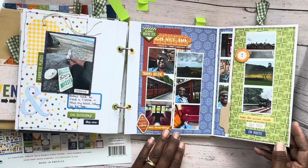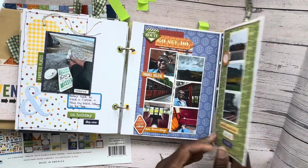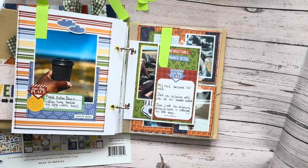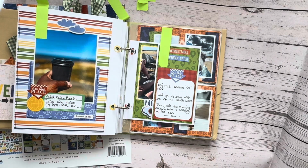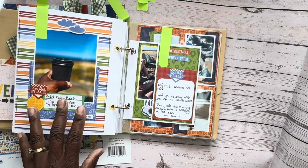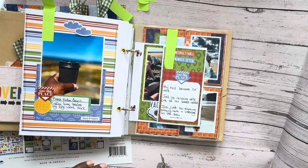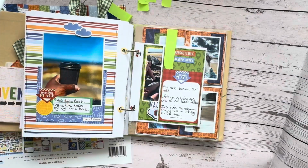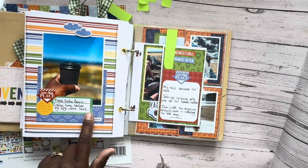I don't think I did anything for this one. There's not a green label, so I've not done anything for that one. That one again was plain blank, so I've just added pattern paper, lightly decorated. The album is quite bulky, so I've tried not to add too much dimension on my pages. So again, just using some stickers from the sticker book, and a label from one of the cut apart pieces